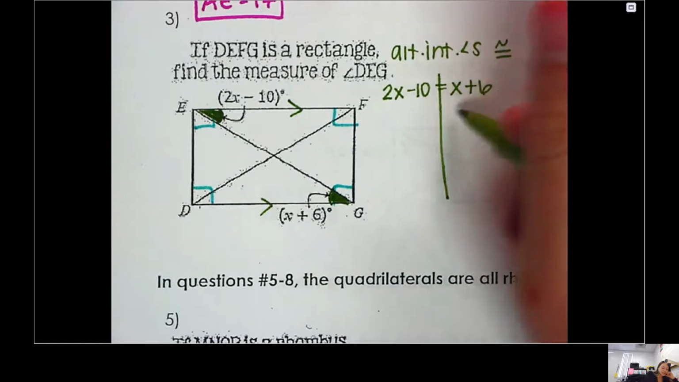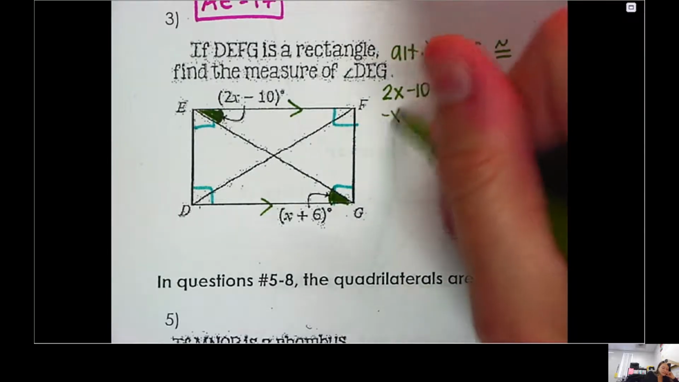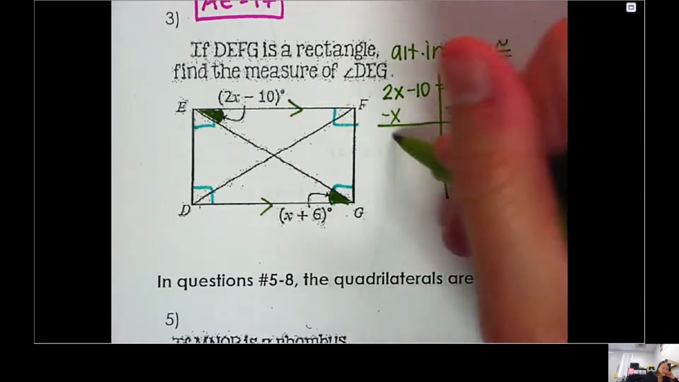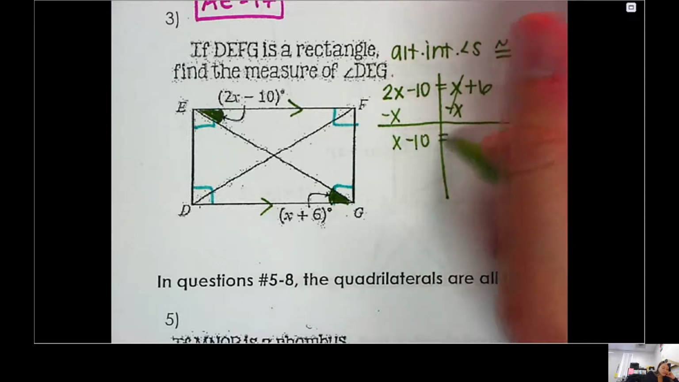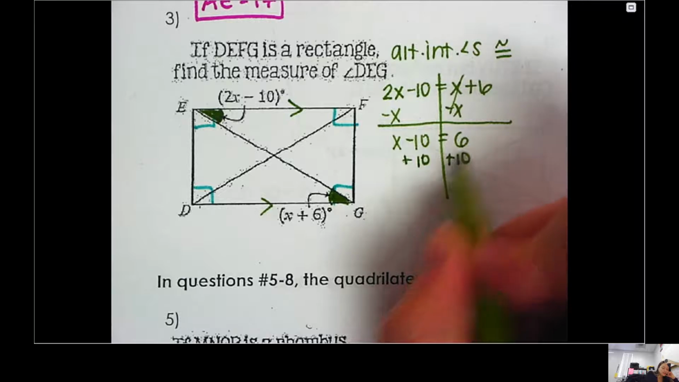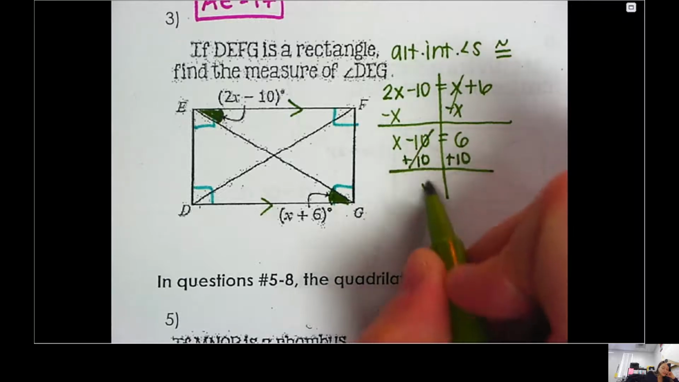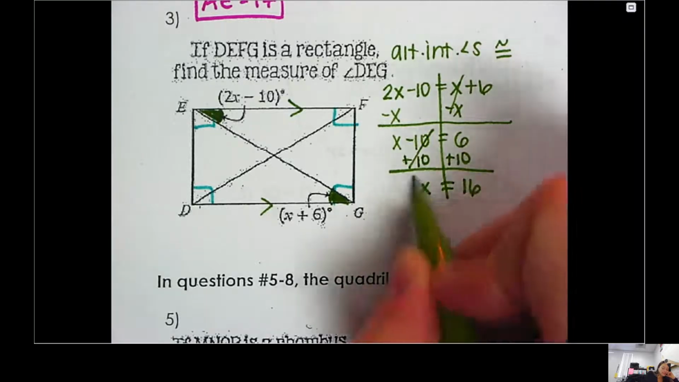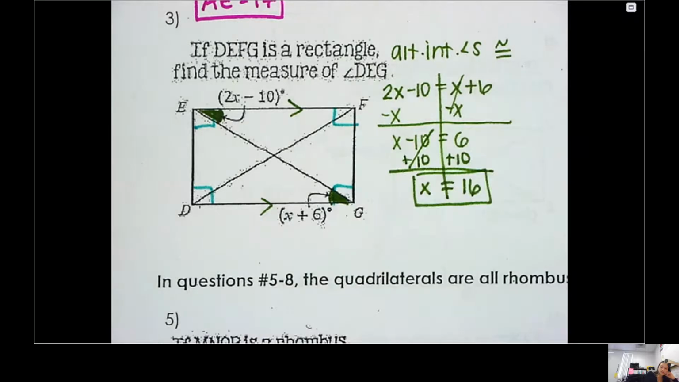So it's a little algebra. So I subtract x from both sides. I get x minus 10 equals 6. I add 10 to both sides. Excuse me, I get x equals 16, which is fantastic, but I'm not done. I'm trying to find the measure of angle DEG. So DEG